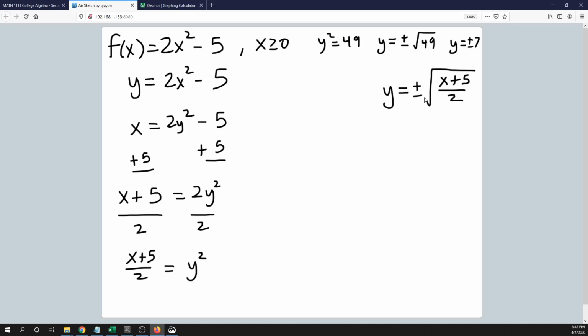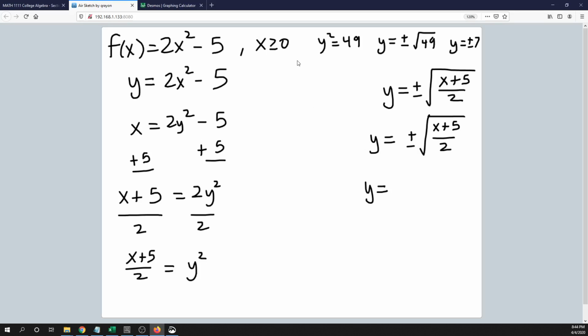So I've solved for y, right? But now there is an issue with that. And that issue is that I have to pick one of these. Y equals plus or minus, right? I cannot have both of those, okay? And so the secret to that is